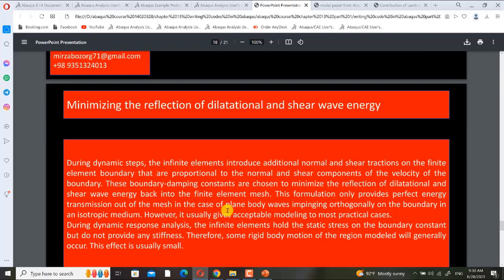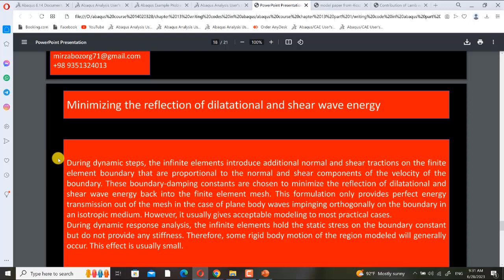Minimizing the reflection of dilational and shear wave energy. During dynamic steps, the infinite elements introduce additional normal and shear tractions on the finite element boundary that are proportional to the normal and shear components of the velocity of the boundary.